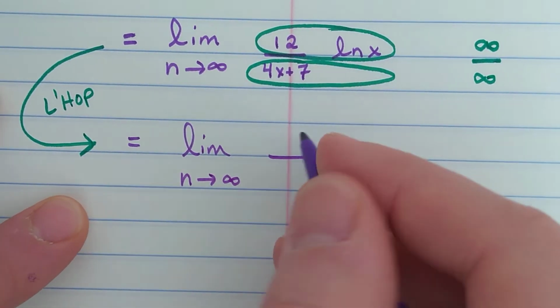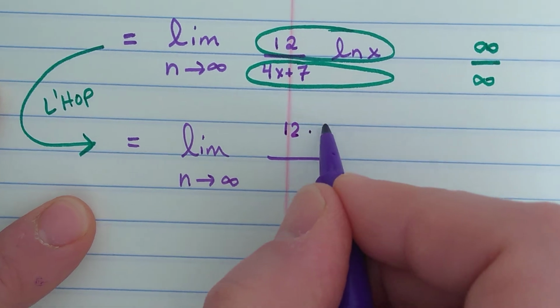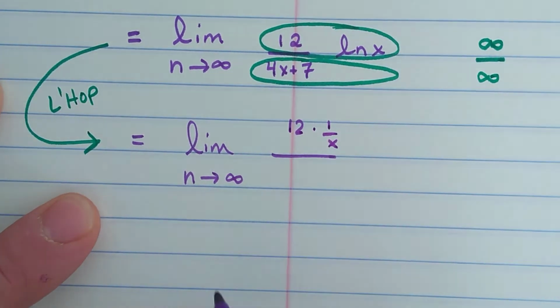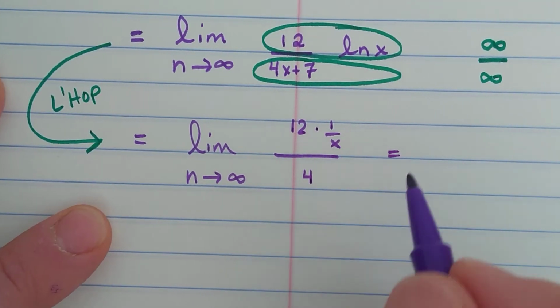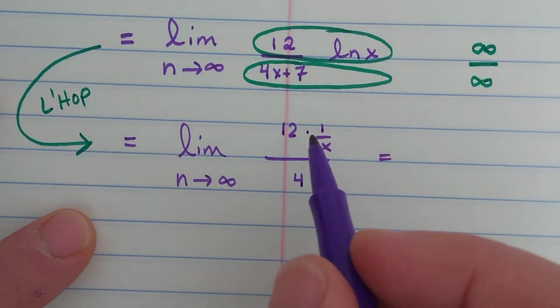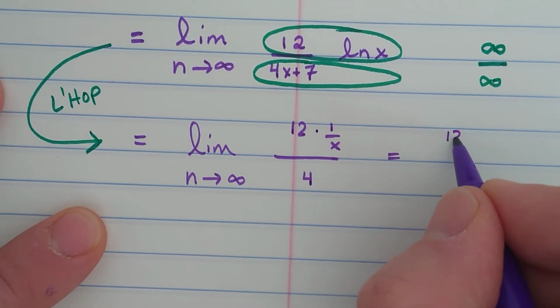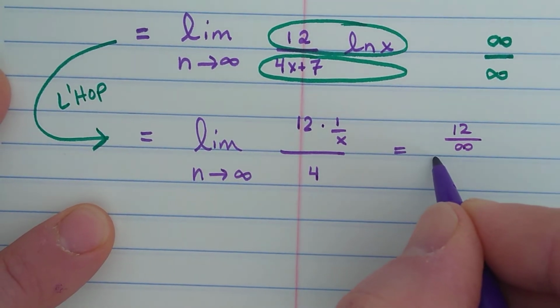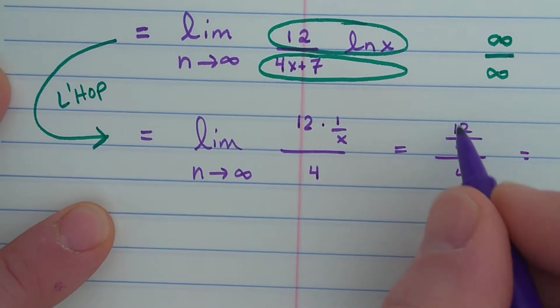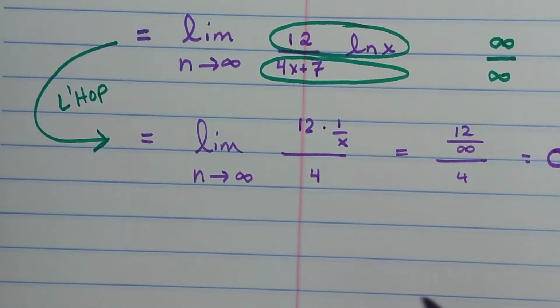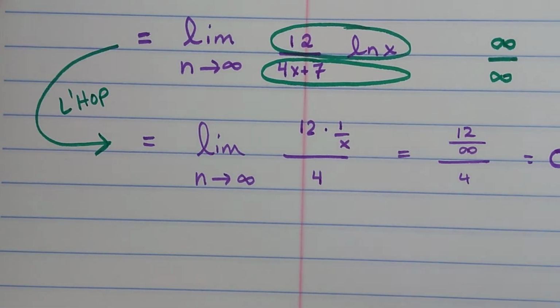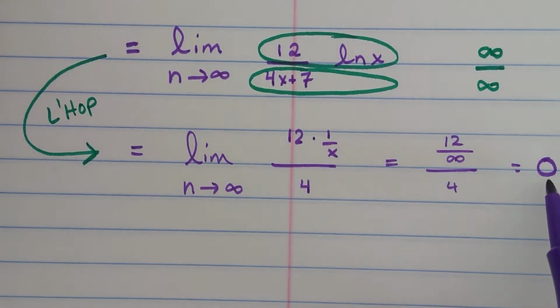The derivative of the numerator is 12 times 1 over x. The derivative of the denominator is 4. Now if we take the infinity and plug it in, we get 12 over infinity divided by 4. 12 over infinity is 0, so the whole expression is 0. Now that seemed easy enough, but what you need to remember is that 0 is not actually our answer. 0 is,